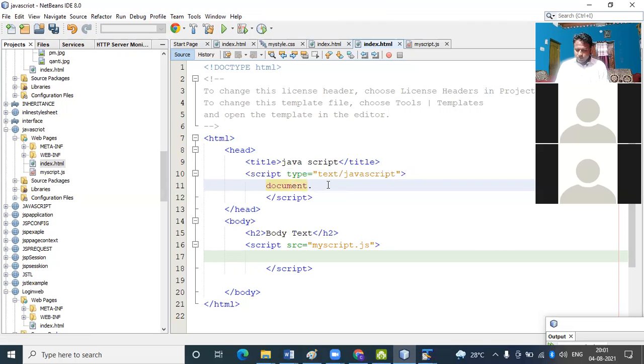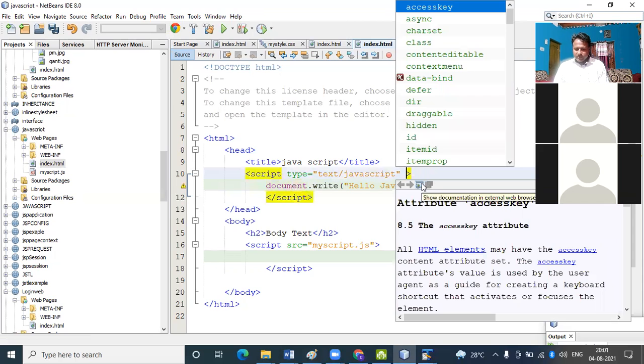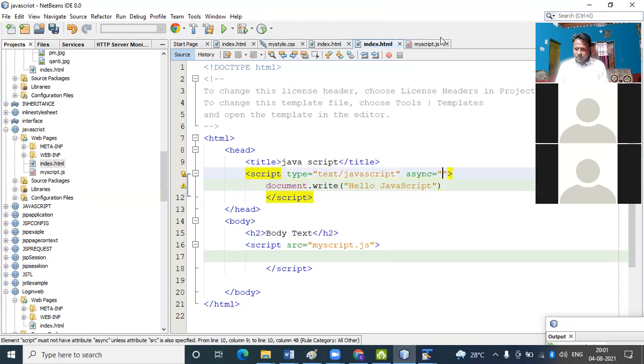Document.write hello JavaScript. Okay, hello JavaScript. Then we're using type equals text. Then here you can also use the async keyword, asynchronous option. Asynchronous option is true.